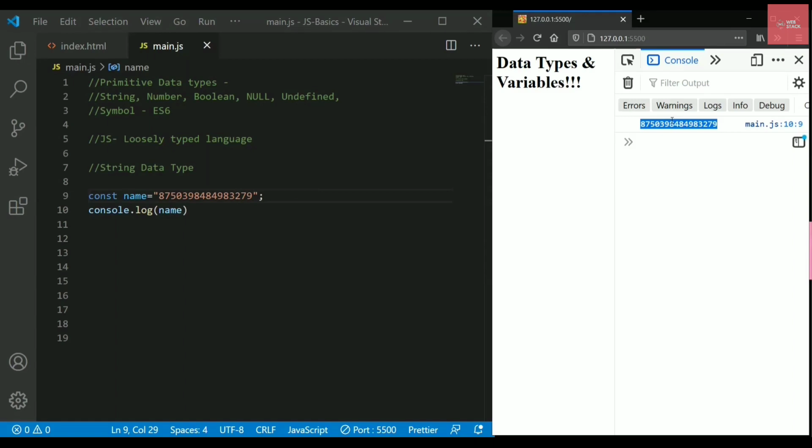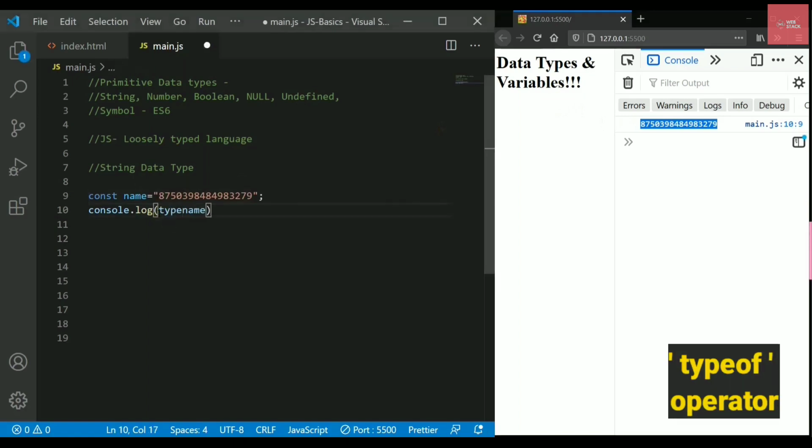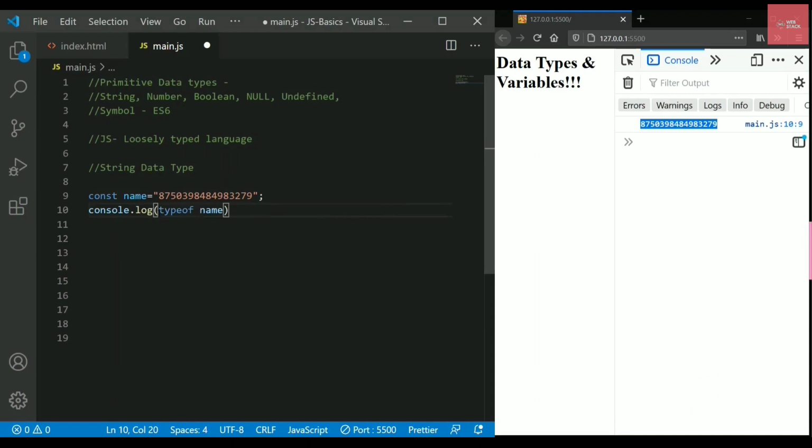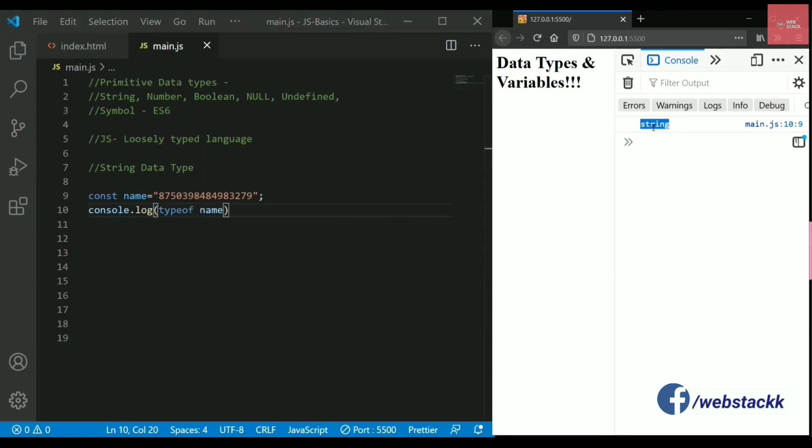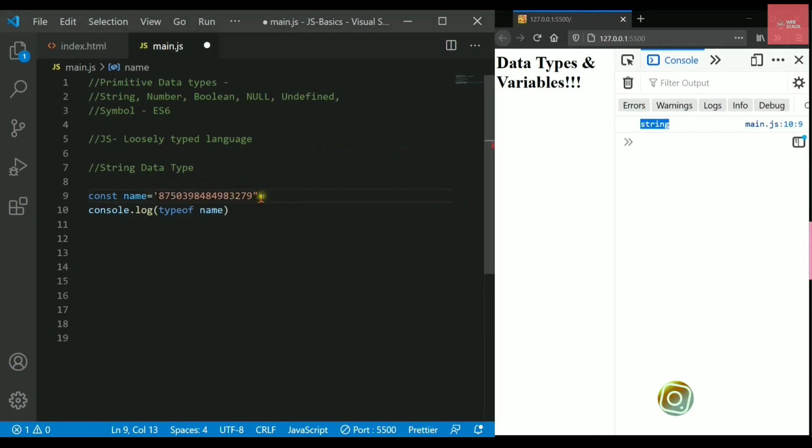So to check that, what we can use is there is an operator in JavaScript that is called typeof, and when you simply just write that operator and you save it, it will tell you that the data type is string. So whatever you write in double quotes or if you are writing it in single quotes as well, doesn't matter whether you are writing number inside it or you are writing any characters, it will be treated as a string only. So even if I just write this number, it will be a string,